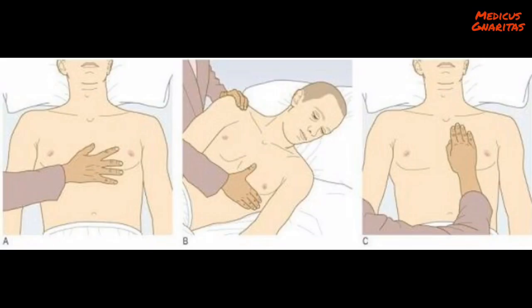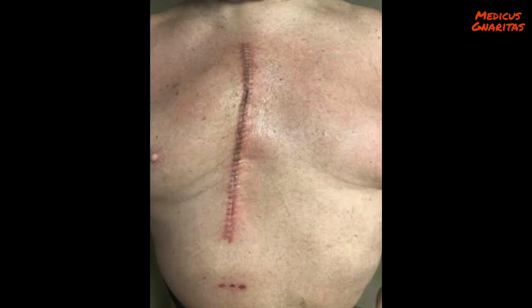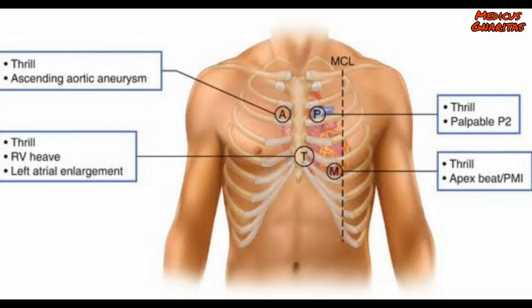Inspect the pericardium for visible pulsations, the apex beat. It means the pulse felt at the point of maximum impulse, which is the point on the pericardium farthest laterally and downwards from the sternum, at which the cardiac impulse can be felt. Also observe for any scars or lesions as a sign of trauma or previous surgery, or a permanent pacemaker.